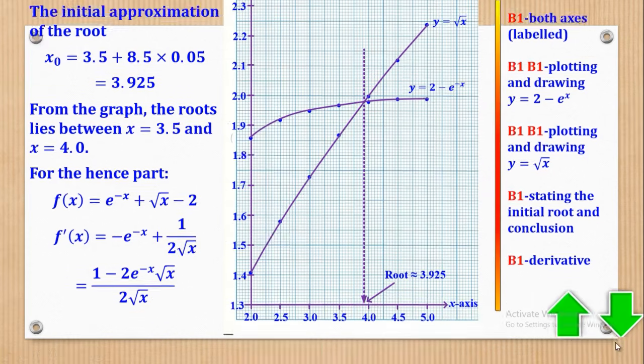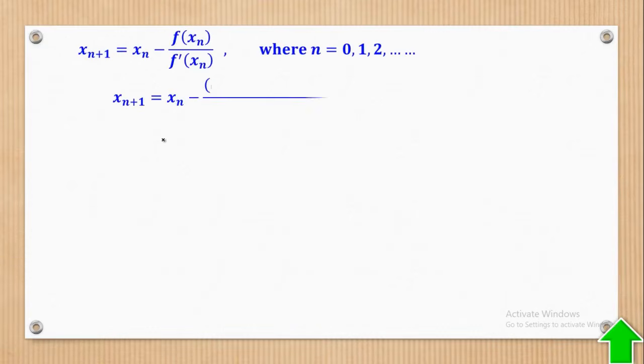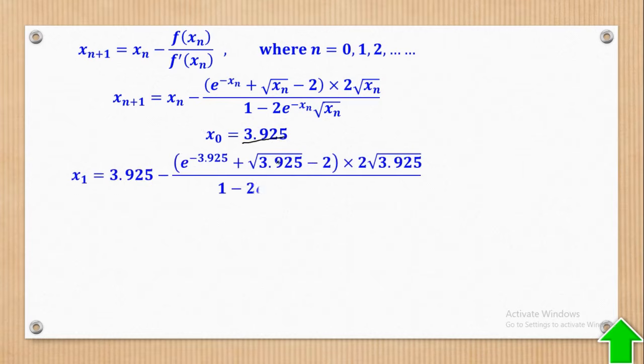So now that you have got the derivative, we can come and quote the Newton-Raphson formula and substitute. So when I substitute, I'll come up with that. And since they didn't tell us to derive, we shall just stop there and begin using the values. So we shall start with x naught. X naught was got from the graph, and it was 3.925. So when I substitute for x naught, I'll come up with that value, and the value of x1 will be